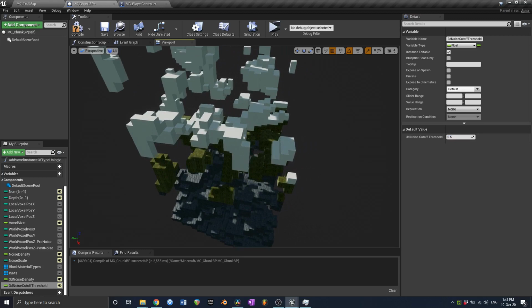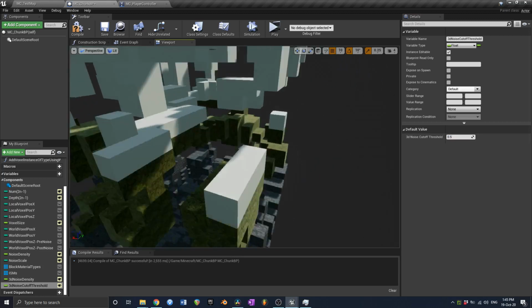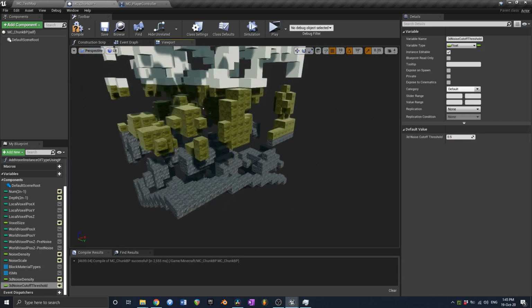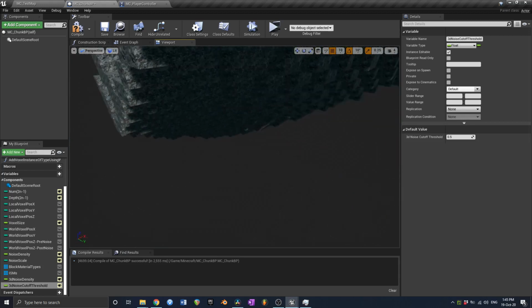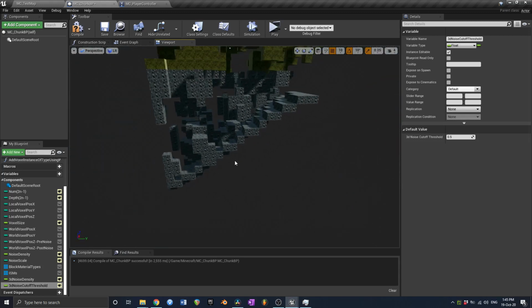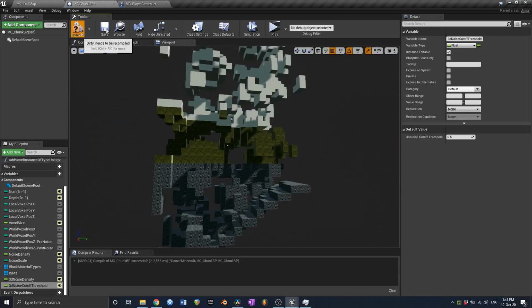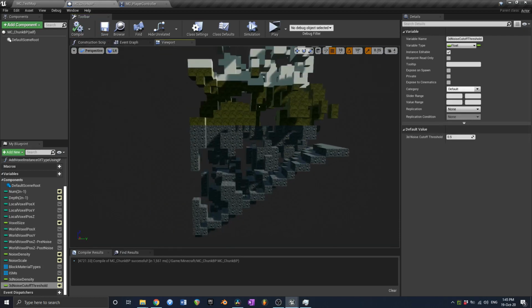Yeah, so now we get a very small number of blocks because most of the noise... Oh, I see what's happened. It's only generated the floor instead of the top. But anyway, that could actually be useful because you could use that as bedrock. If the player was digging through the map, you could have an unbreakable layer on the very bottom so they can't dig out through the bottom. Anyway, if the noise generated by the Simplex Noise 3D is less than 0.5, then it's going to cull